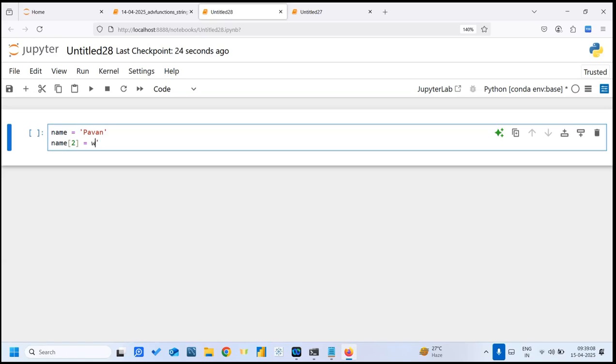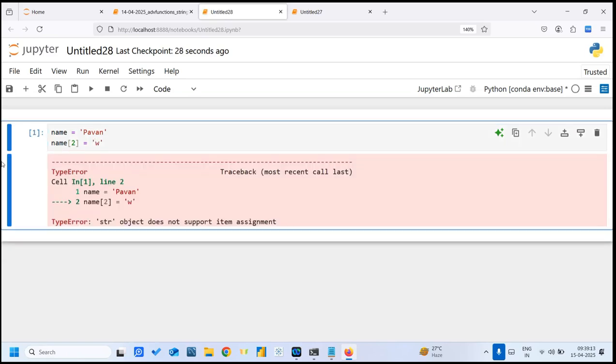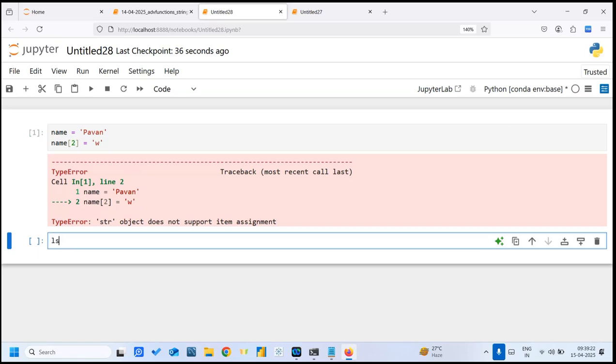Not at all possible, because it is immutable. We cannot change it once it is created. See, str object does not support item assignment. This is immutable. But if you create a list here, lst1 contains